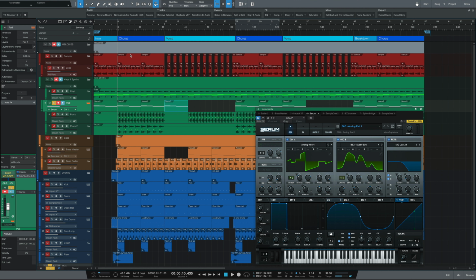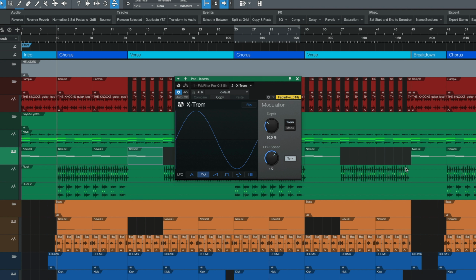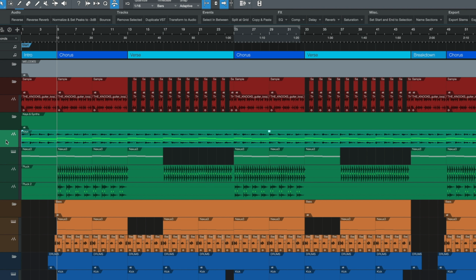Studio One comes with a great native one called Xtrem, and once you add it, you can easily adjust the rate or timing of the tremolo, the mix, and even the LFO shape. Now, for this particular beat, I used a third-party plugin called Kickstart on my keys, which essentially does the same thing. Now, without it, my keys sound like this. With it, now, as you just saw, I love to use tremolos on my pads and my keys, but I definitely encourage you to experiment.